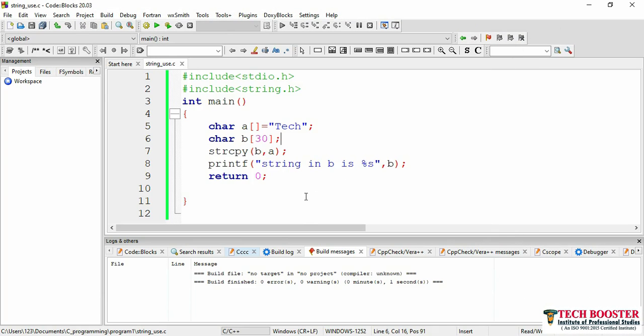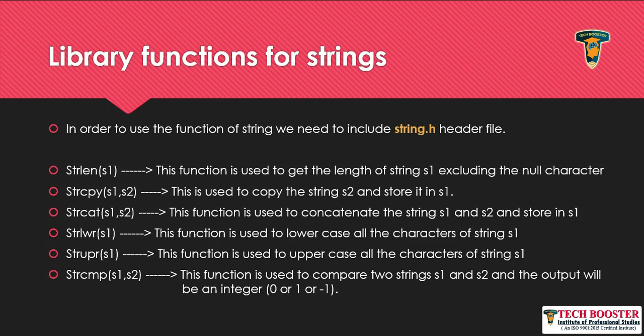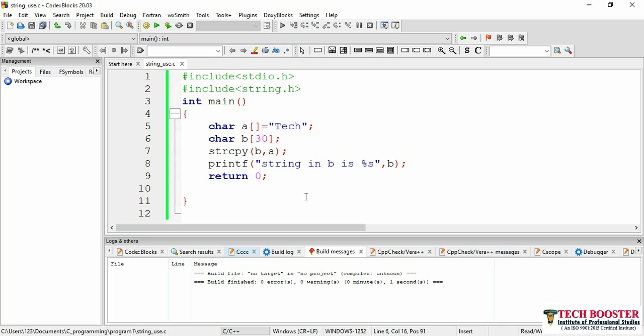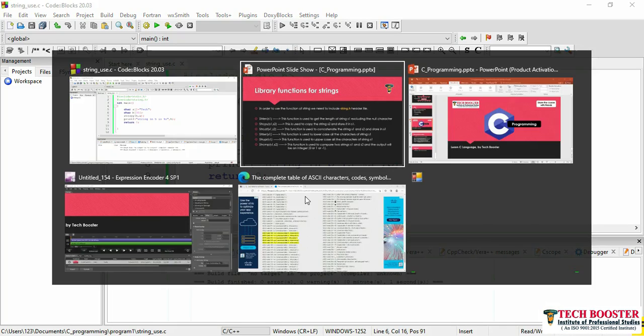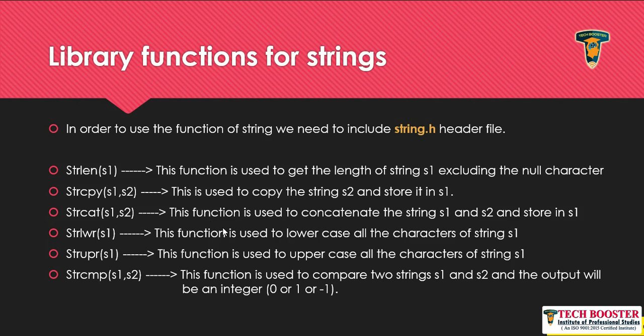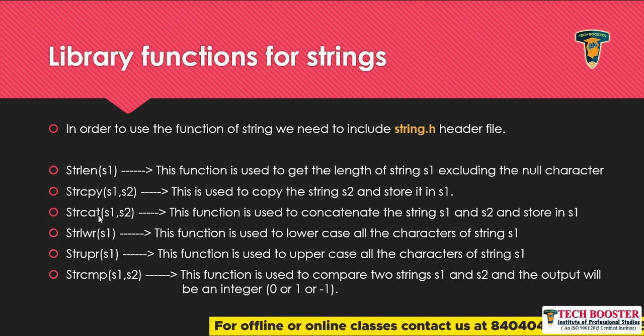So our next function here is your strcat, that is used to concatenate two of your strings, like to add two strings. Like if you have one string s1 and another string s2, you can add two strings by using this function strcat. Let me show you this one as well. So again, in this case, once we use this, my output will be stored in s1. I have two strings s1 and s2. So after using this function, my output will be stored in s1.